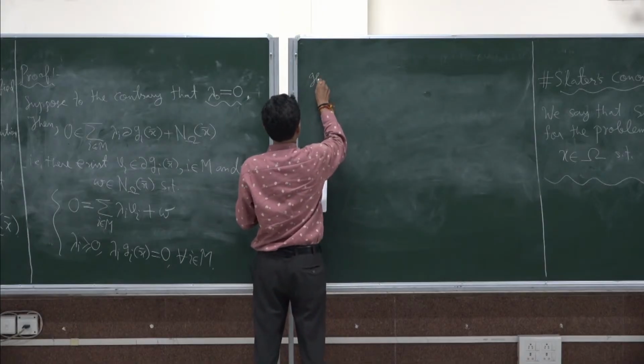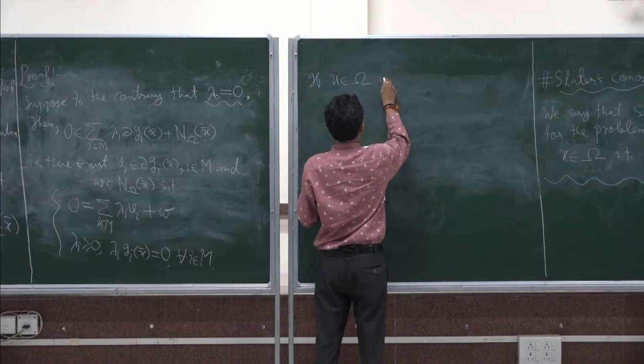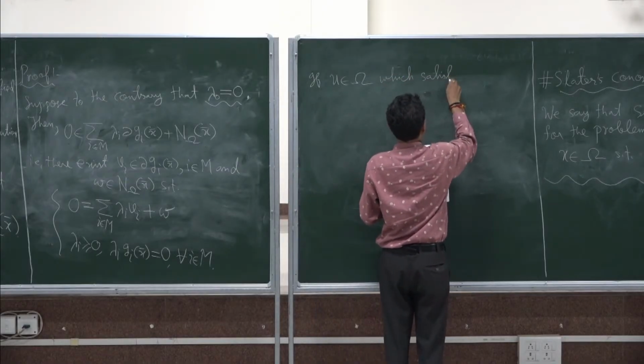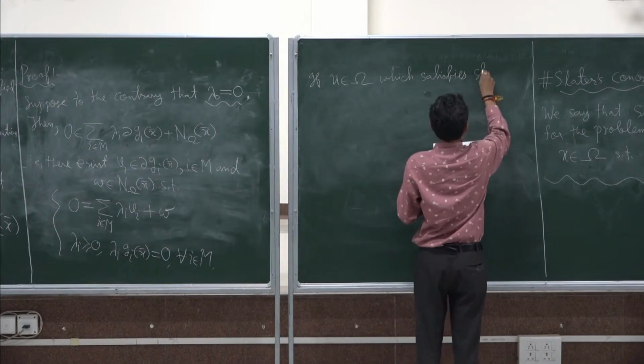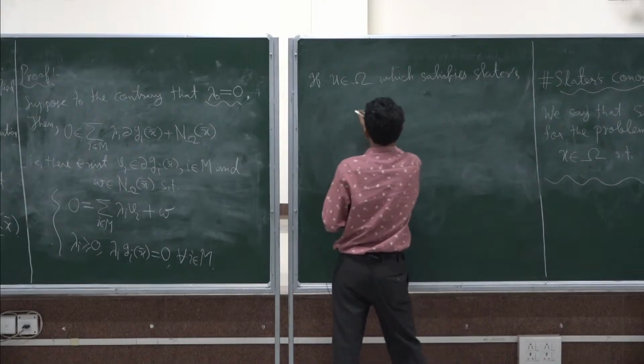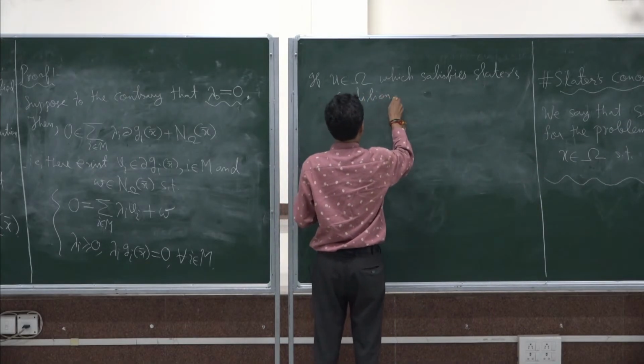So if there is some u in omega which satisfies Slater's condition, then